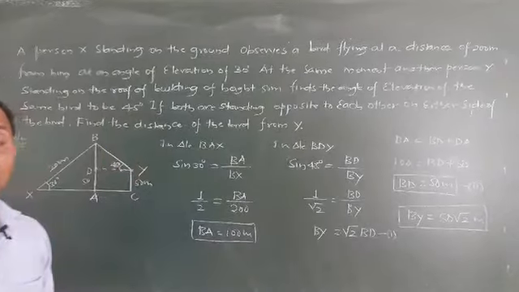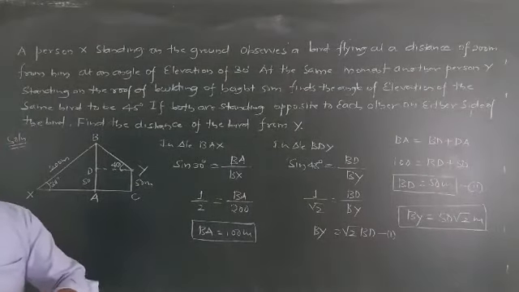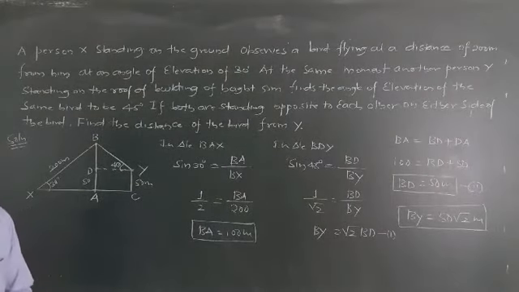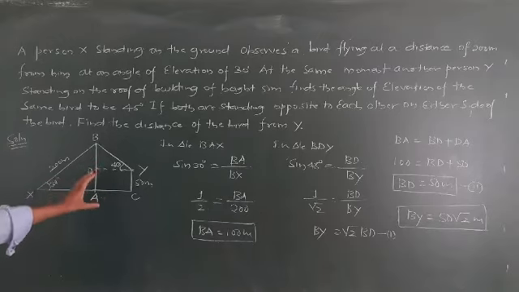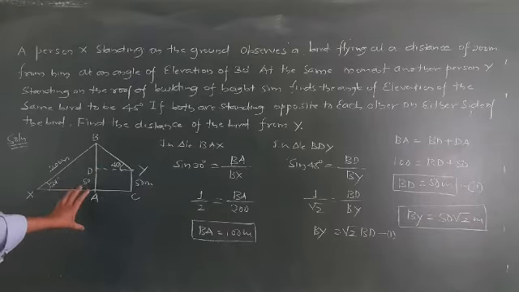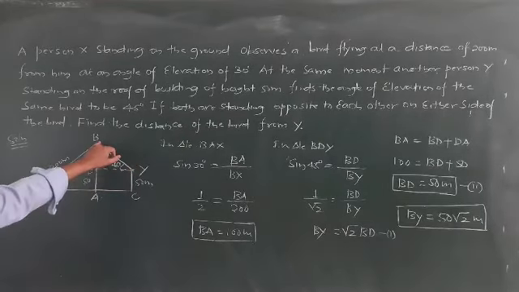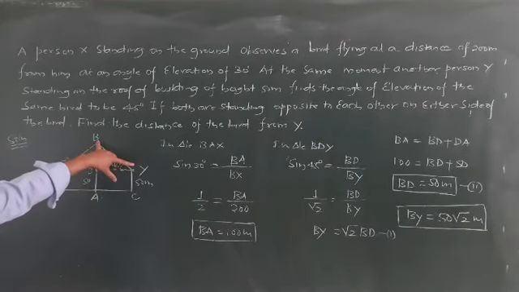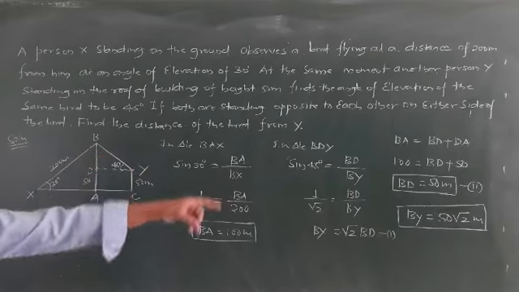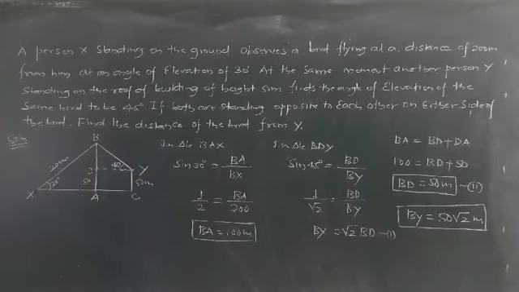Okay, so I hope you understood very well. Just you can see here, observe here. If they ask you the distance from A to X, this is also possible to calculate. How can you calculate? You know it very well. So you can apply cos here. Once you apply the cos you will calculate very easily. But the question they asked was the distance from the bird to this Y, and BY is equal to 50 root of 2 meter.